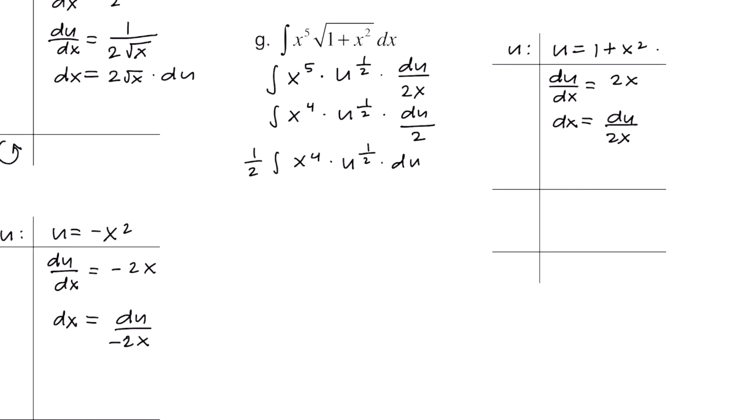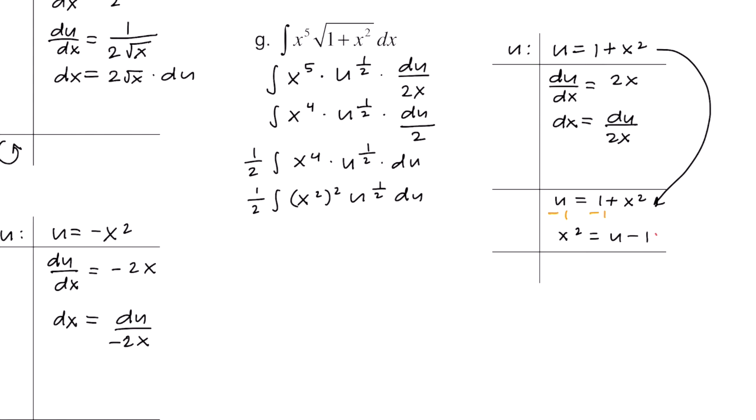So we're going to rewrite this expression down here. And what I want to do is isolate the x squared. So if we subtract 1 from both sides, we get x squared equals u minus 1. So since we have x squared equals u minus 1, we're going to take this x to the 4th and we're rewriting it as x squared quantity squared. So now we can plug in u minus 1 in for x squared. So at this point we have u minus 1 quantity squared times u to the 1/2,